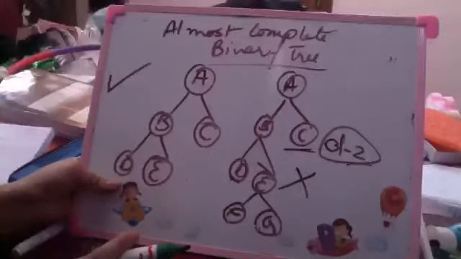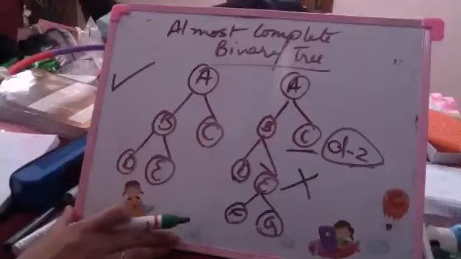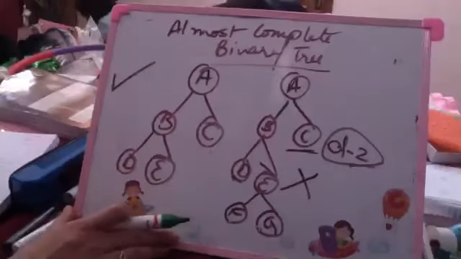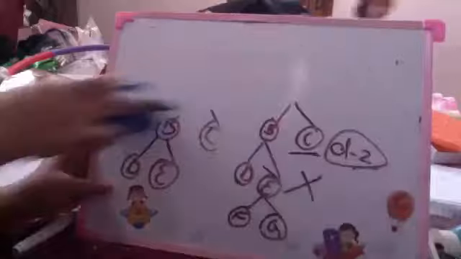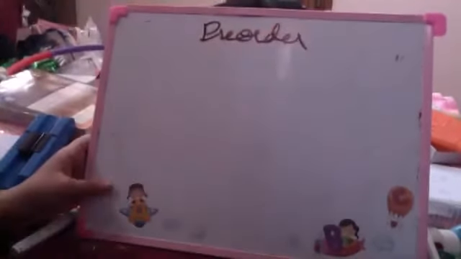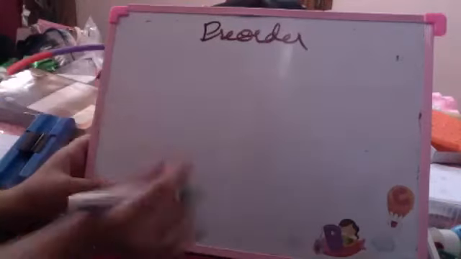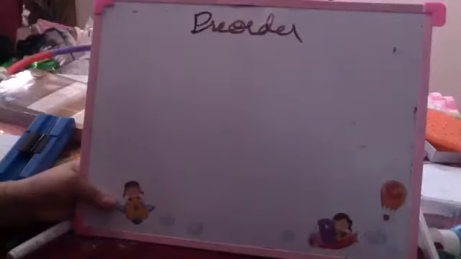ये समझ आ गया? Yes, ma'am. Great. Since we have reached here, now we move on to traversals of a tree. How do I traverse a tree? There are three types of traversals: pre-order, post-order, and in-order traversal. Very important. How do I traverse a tree? I am beginning with pre-order traversal. Pre-order traversal means that you visit